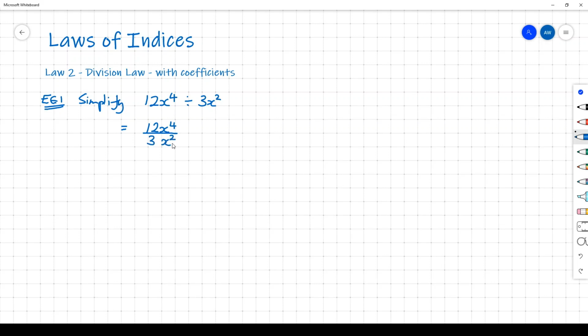Okay, so in the multiplication video I put the coefficients at the front and the letters towards the end, because we always have numbers in front of letters as part of our laws of algebra. But also because with the multiplication law, if you remember, you multiply the coefficients just like you would normal numbers, because they are, and then you add the powers. So by writing this as a fraction, I have grouped my coefficients together. See, the 12 is above the 3, and I grouped my powers of x together, same base, so I can employ my division law. So one step at a time,